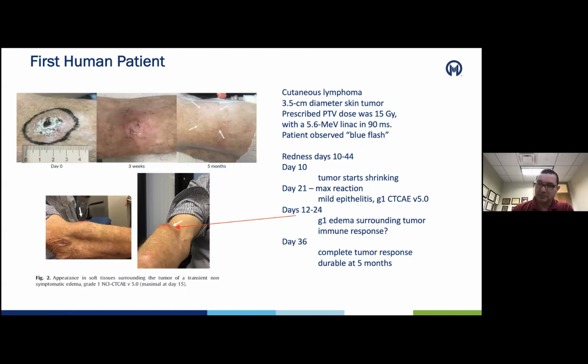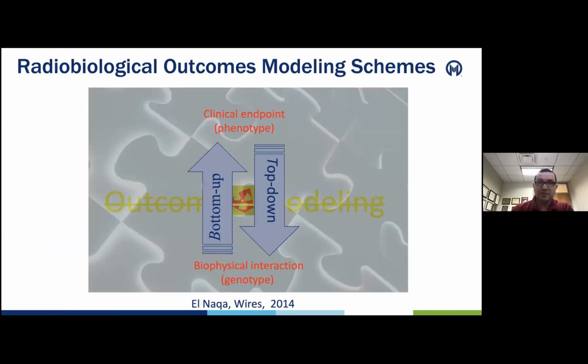So there is a lot to be understood about this phenomenon as well, and mathematical modeling can help in that regard. Now, in terms of the schemes that are available for outcome modeling, there is the top-down approach and there is the bottom-up approach. In the top-down approach, the clinical endpoint is the starting point, and we relate it to the physical phenomena or the genotype. In the bottom-up approach, you start with the genotype and go to the physical phenomena. Most of our work here will focus on